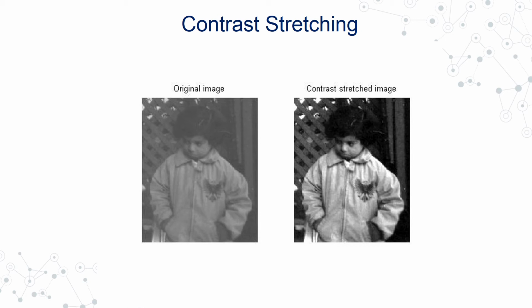The same thing happens if I have a low contrast image. It could be due to bad or non-uniform illumination conditions, or it could be due to non-linearity in the acquisition devices. So what we do in contrast stretching is that we remap a particular range of pixels to different levels such that my image is enhanced. I might take some values from the dark or near to black range, and I may expand or stretch them to a wider range of values that would increase the range, and I would get a better contrast.